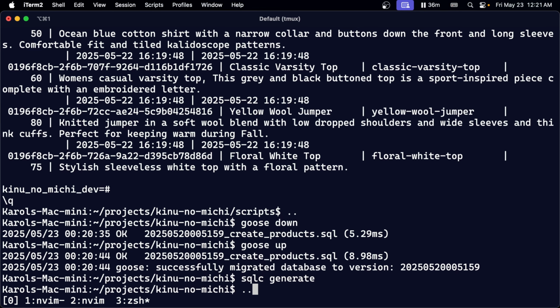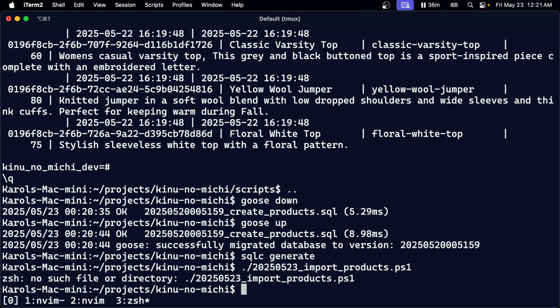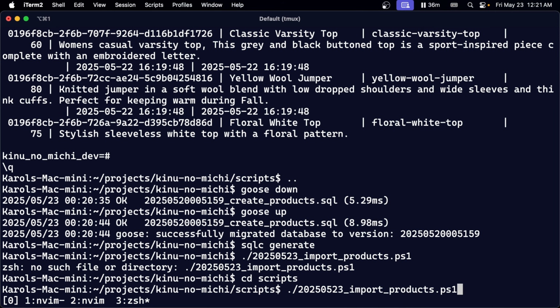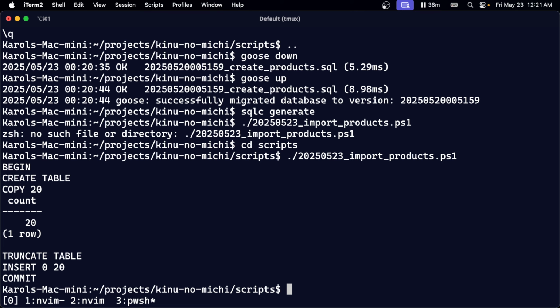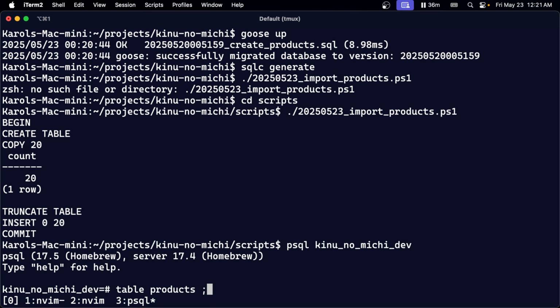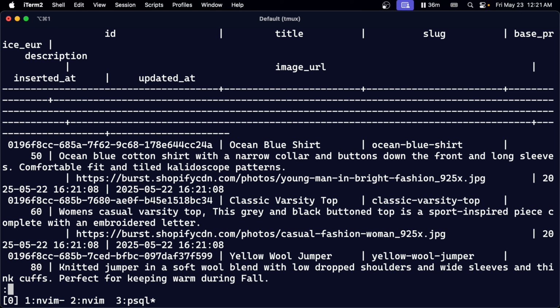So now if I rerun this script, okay, scripts like so. If I rerun this script and reconnect to the database, we can see that we have indeed imported all the products from that